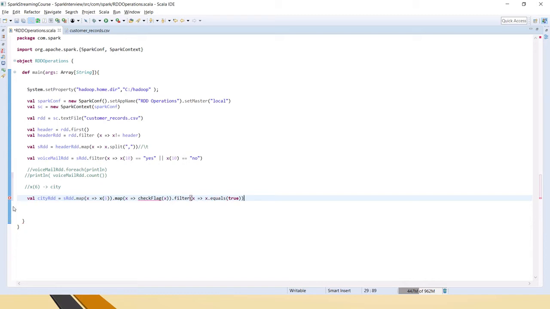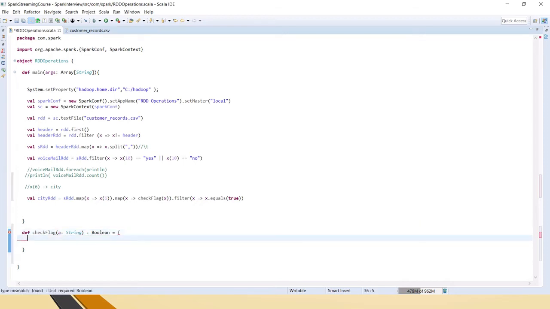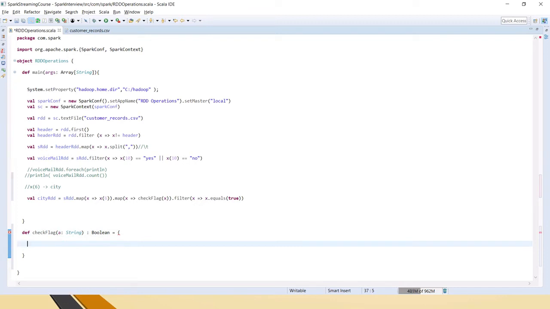Now we will write the function here. I'll say def checkFlag of a String, which returns a Boolean. Here we are mainly checking for true or false, right? So the return type is Boolean, and we have to give equals here for the function. Now we say a, which is this string, should match.